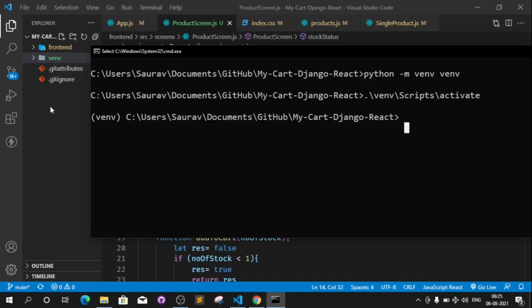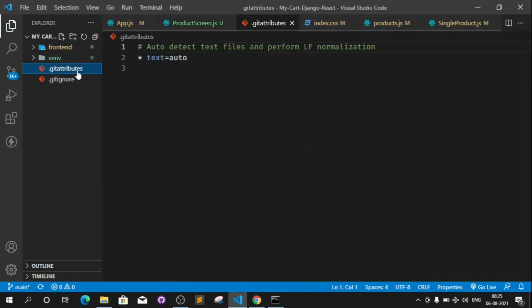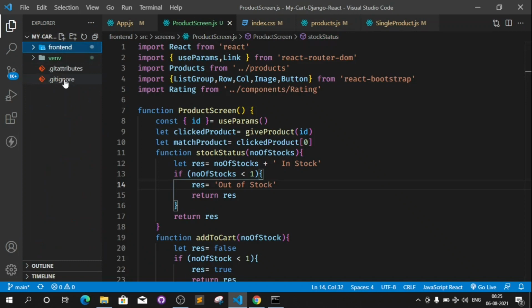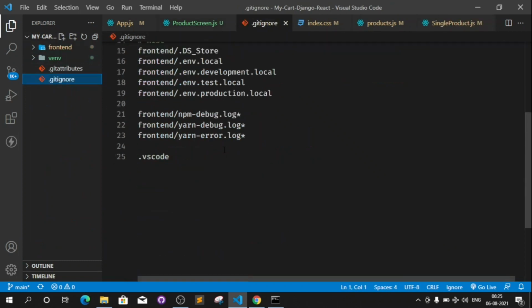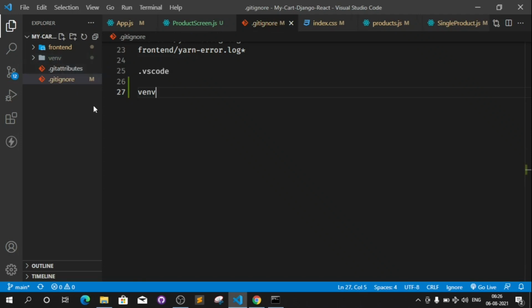Okay, so now in the code you can see there are 1000 plus changes shown by GitHub. GitHub has included this venv directory for tracking changes, so to remove this, we will firstly close this frontend and go to the gitignore file and add this folder. This folder is basically in the home directory, so we can use venv. That means it will skip this folder and everything inside this folder will also be skipped. You can see now there are only 12 changes because it is not tracking this folder.